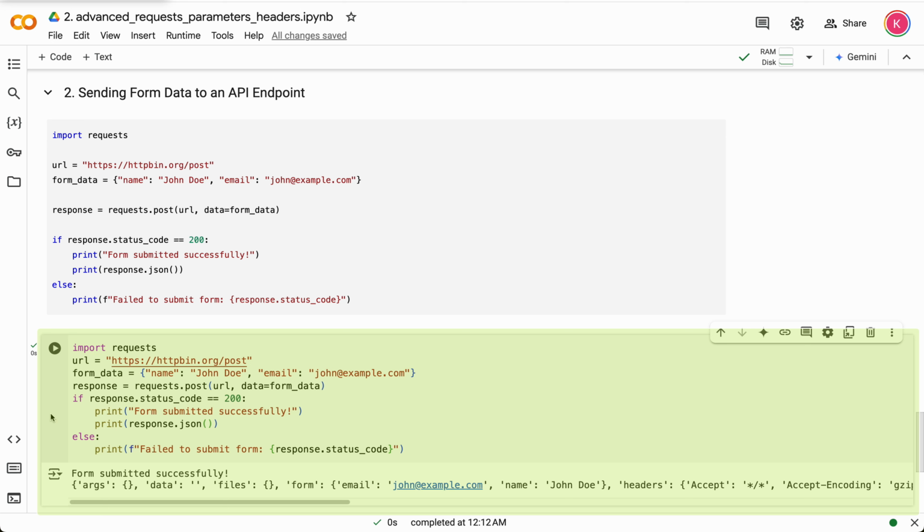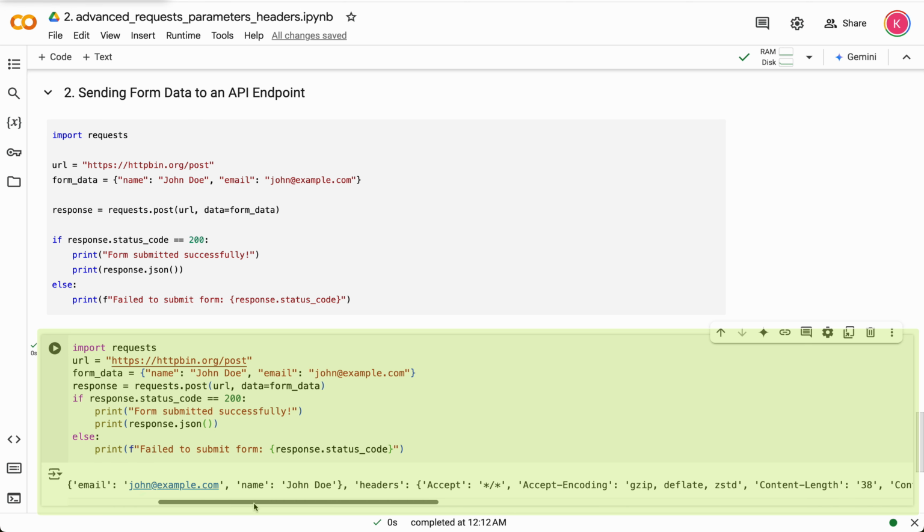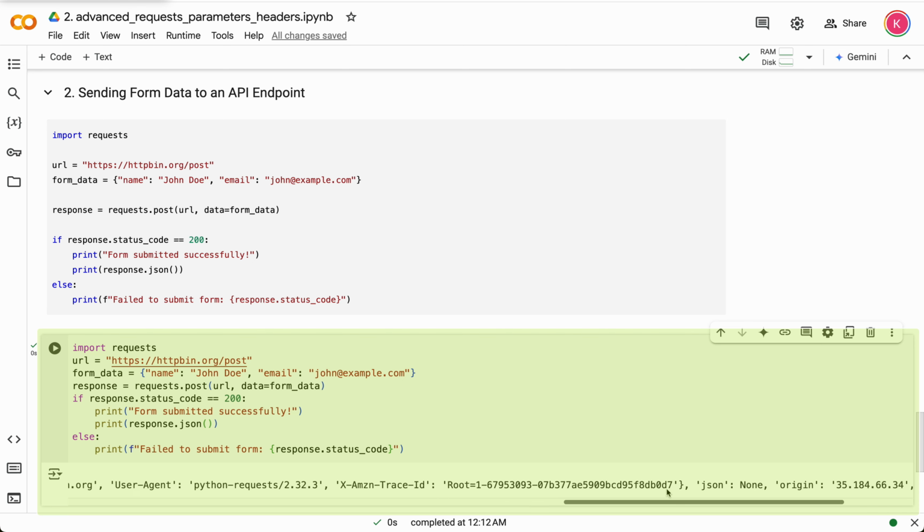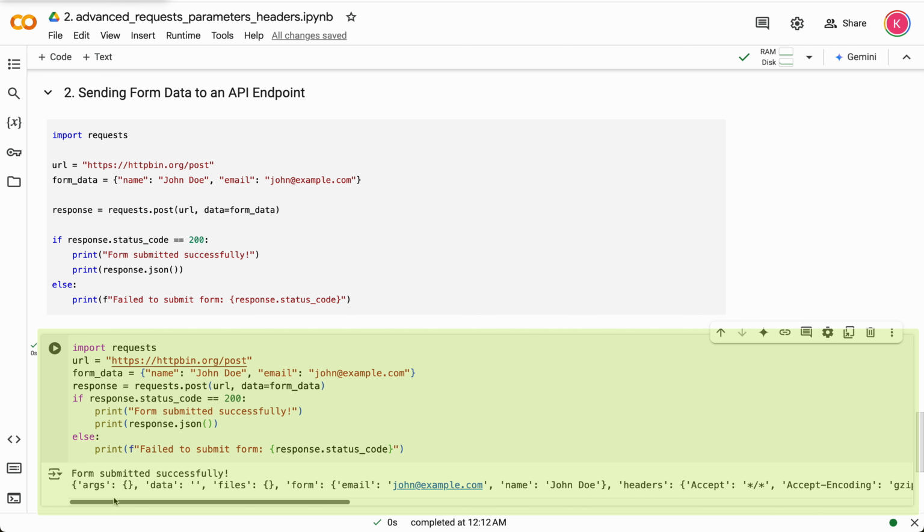If the response is successful, the program prints a confirmation message and the server's response in JSON format. The response.json method converts the response body into a Python dictionary, allowing you to view and verify the data that was echoed back by the server. If the request fails, an appropriate error message is displayed, including the status code to help diagnose the issue. For example, a 400 status code might indicate invalid form data, while a 500 status code could point to a